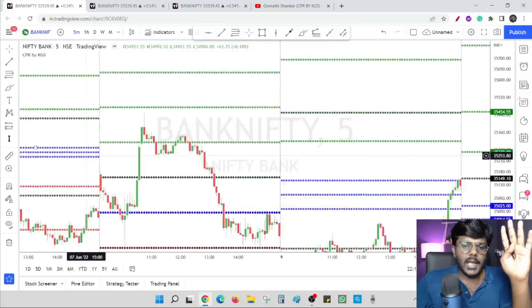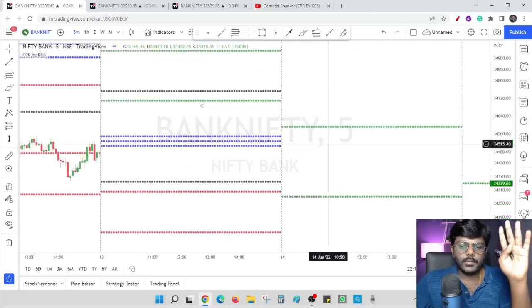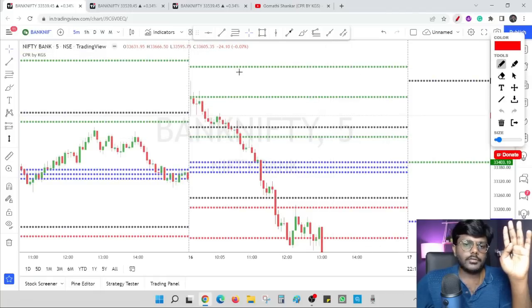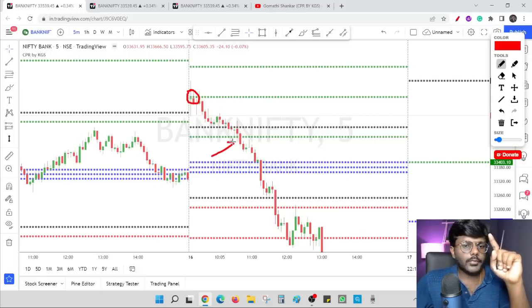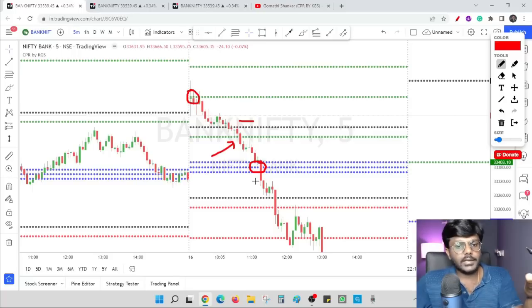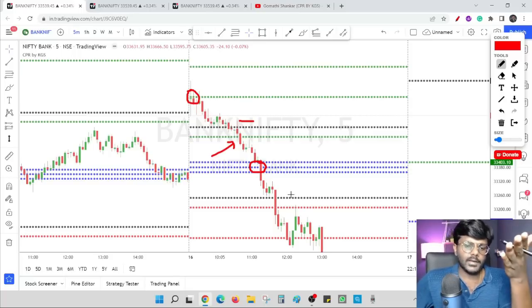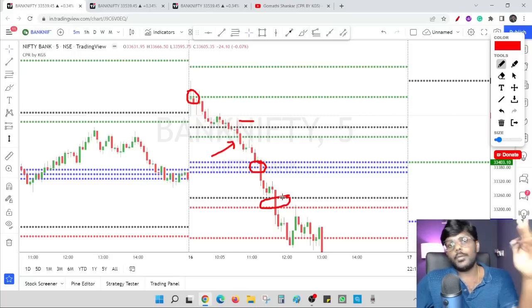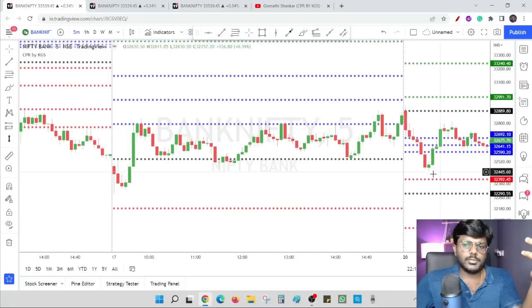So the same thing happened on 16th of June. You can see here on 16th of June, the prices are opening above R2 levels. There is no sign of bullishness. I will take a short when R1 and previous day high is broken, with stop loss above R1 and previous day high. My target is going to be daily CPR. And when daily CPR is broken, again you can enter a new position with target of S1 and previous day low.